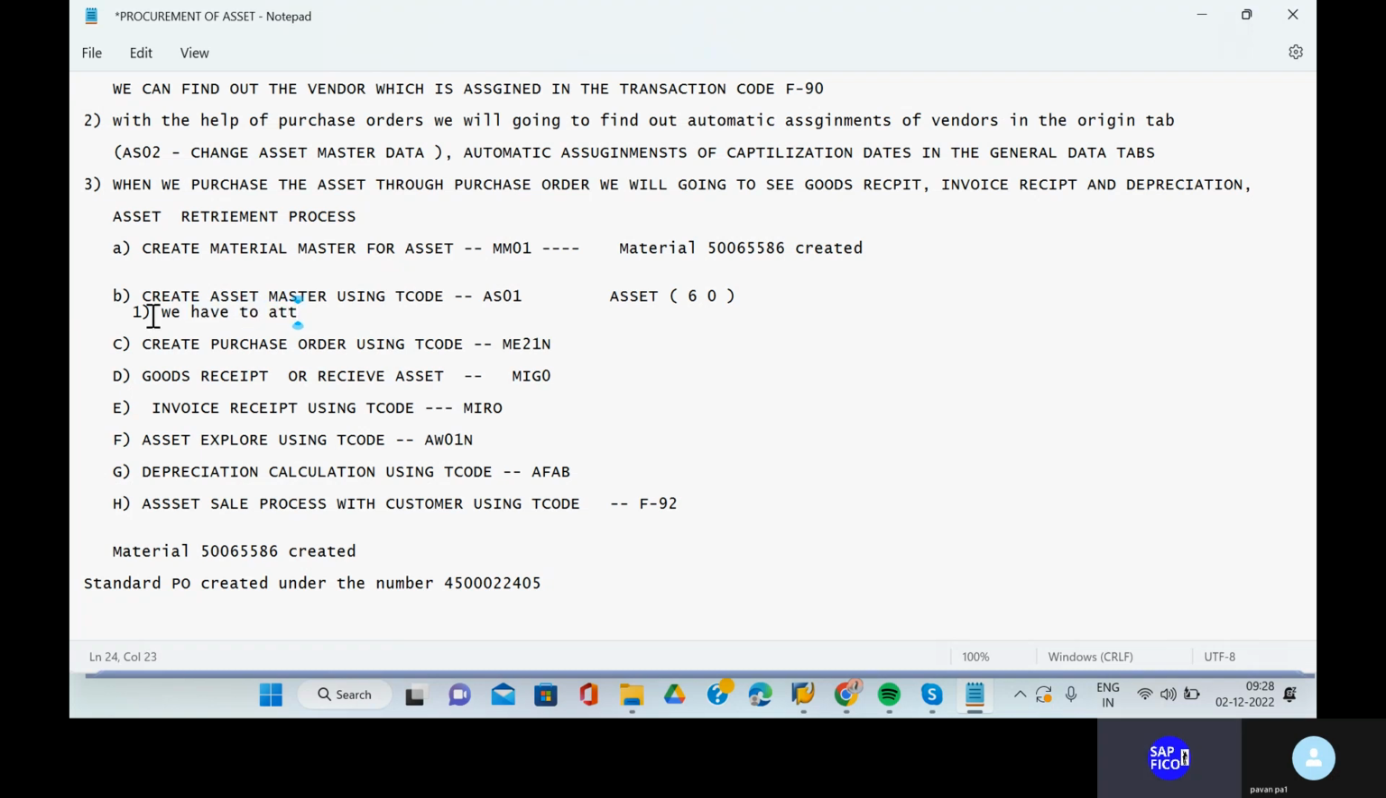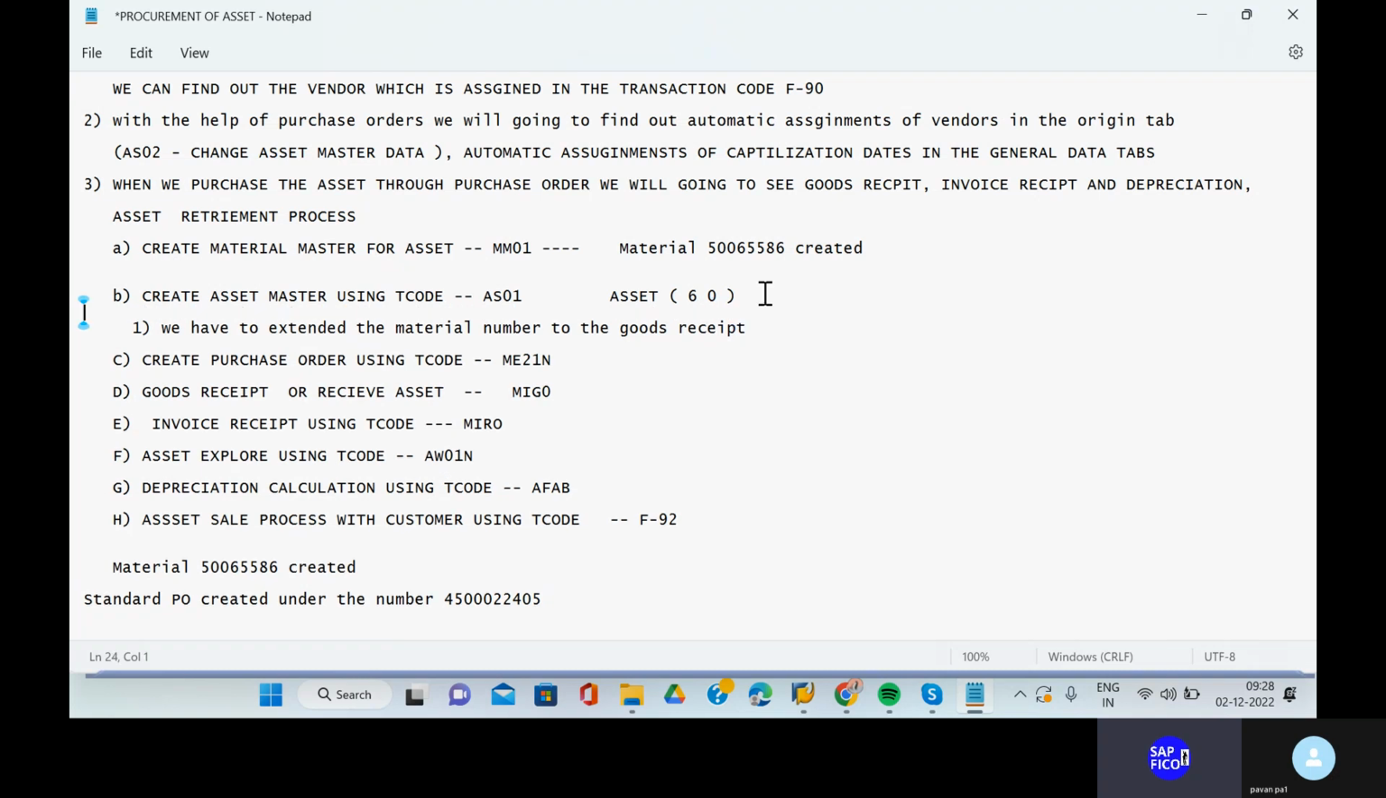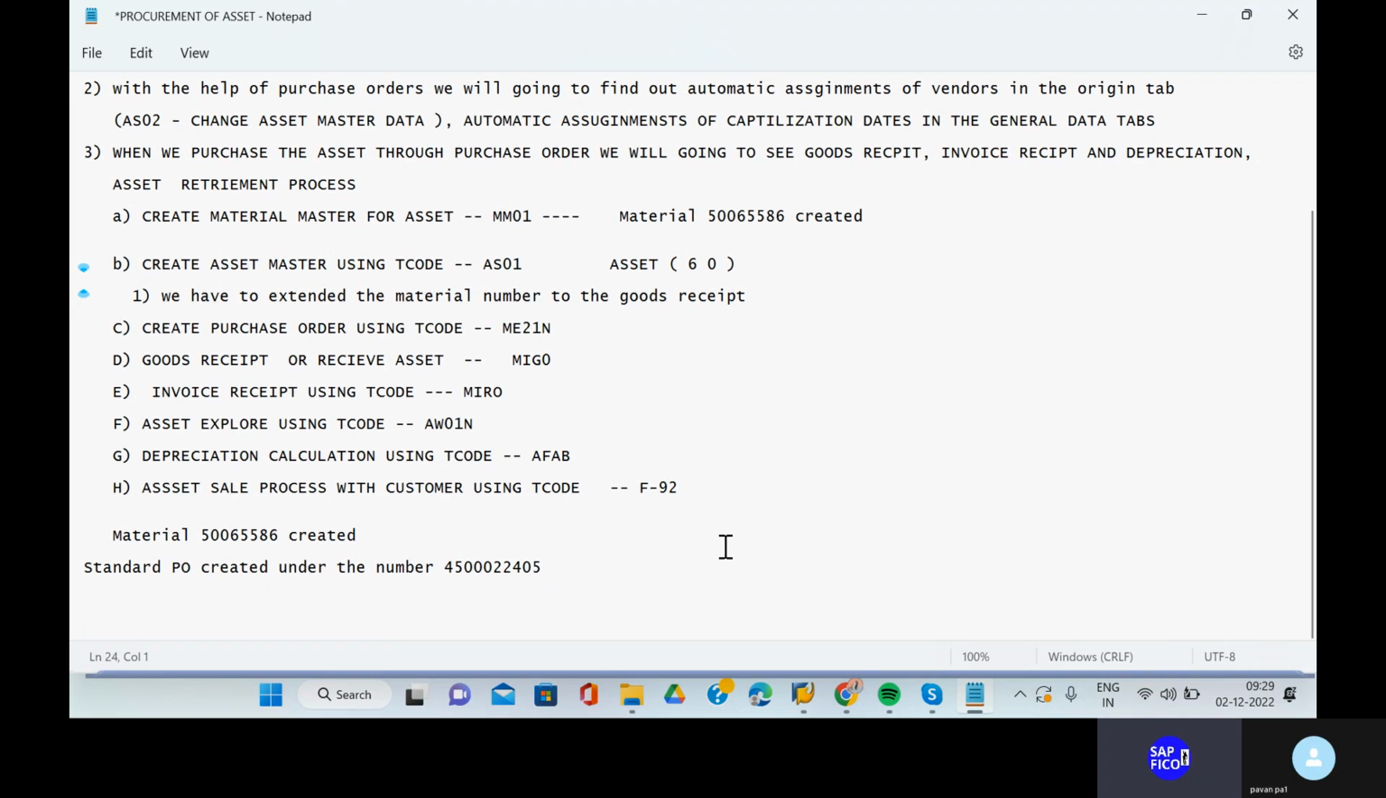We have to extend the material number to the goods receipt. So can you go to the transaction code MM01, and we are going to extend this